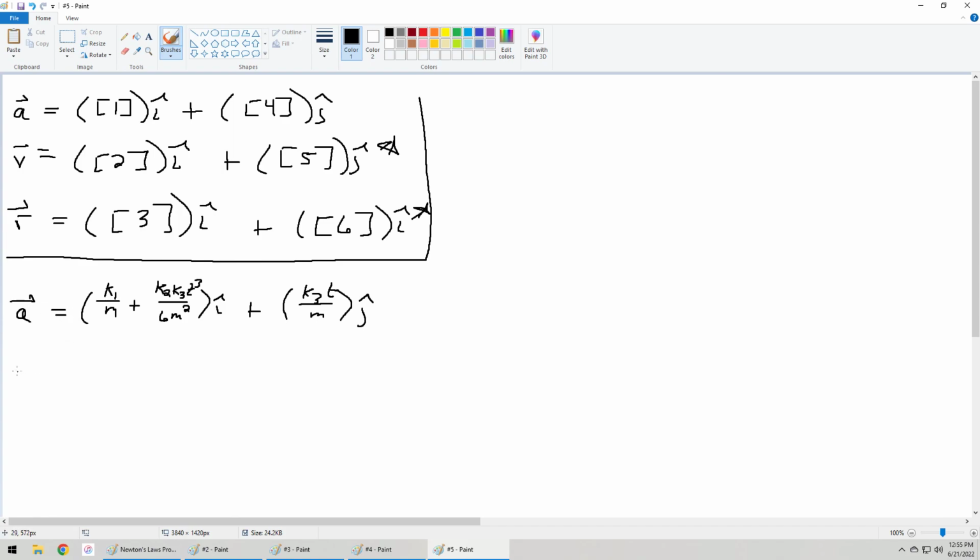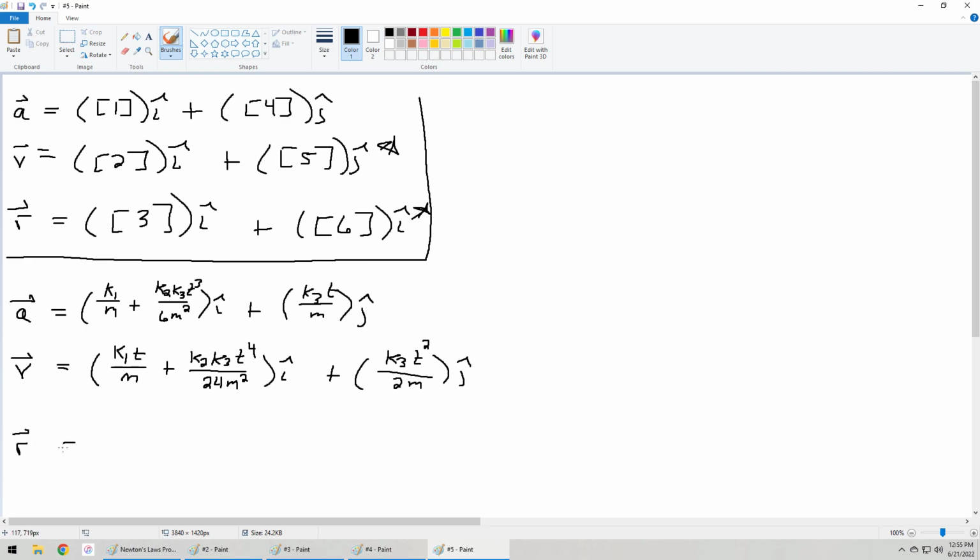Okay, that's fine and dandy, but the meat and potatoes of what we were after are the following two expressions. k1 times t over m plus k2 times k3 times t to the fourth divided by 24 m squared pointing in the i hat direction plus k3 t squared divided by 2m in the j hat direction,